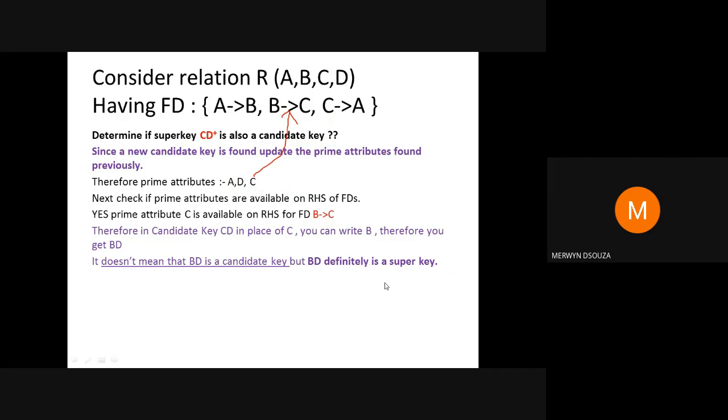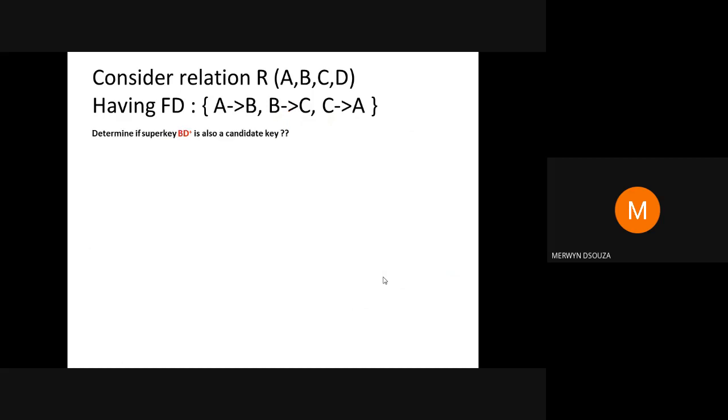Again, you can check that BD is a super key by finding the attribute closure for BD. Okay. So to check whether BD is a candidate key, we need to find the proper subsets of BD. By now, you must have already guessed that we need to find out the proper subsets of BD. Okay. Before finding out proper subsets, actually we wanted to find out a minimal super key of BD. But since BD is already a minimal super key, I cannot discard any attributes further. So we directly go to find the proper subsets of BD.